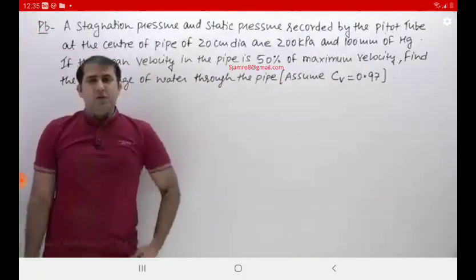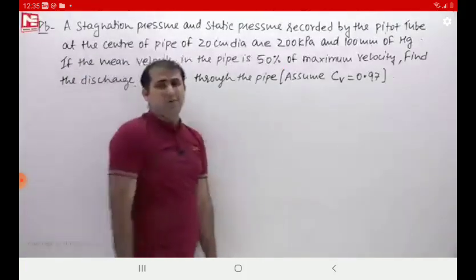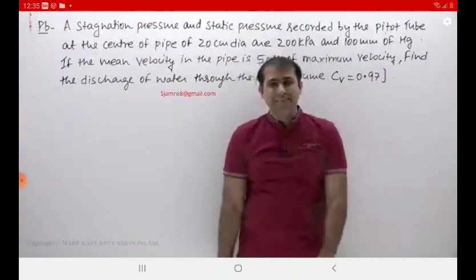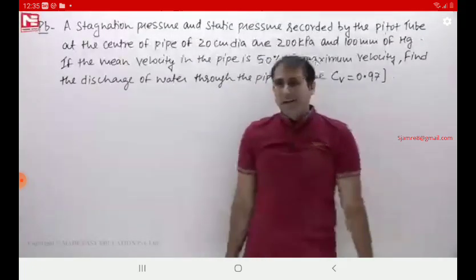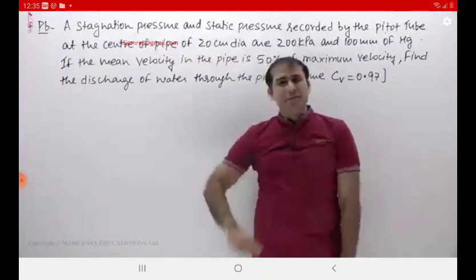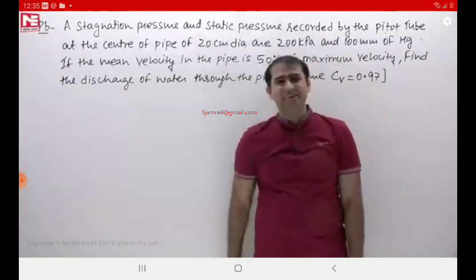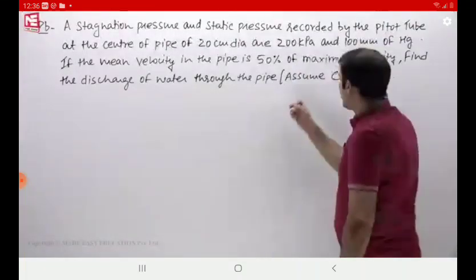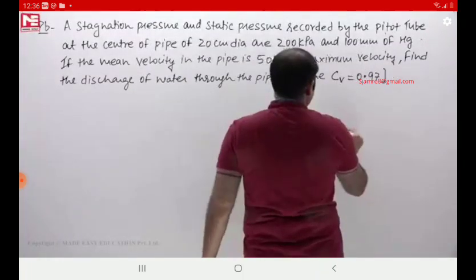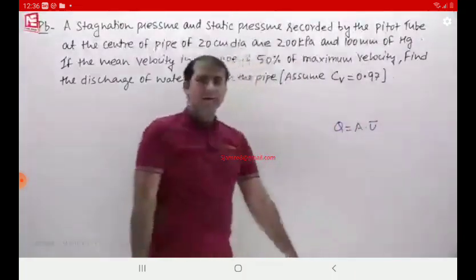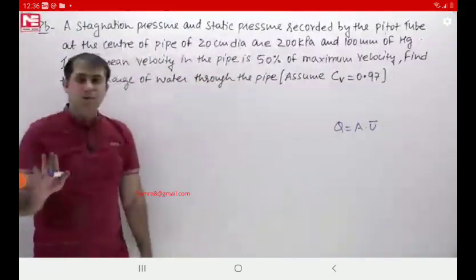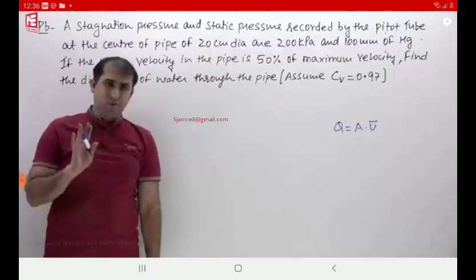माय डियर, प्रॉब्लम पढ़ के पता लग जाएगा कि केस इज कनेक्टेड टू हॉरिजॉन्टल पाइपलाइन. दैट्स व्हाई आई हैव गिवन यू योर टर्मिनोलॉजी. अब आप देख रहे हैं स्टैग्नेशन प्रेशर एंड स्टैटिक प्रेशर. पीजोमेट्रिक में बात नहीं हो रही. दैट मींस केस इज हॉरिजॉन्टल. हमें डिस्चार्ज की वैल्यू निकालनी है. डिस्चार्ज इज इक्वल टू एरिया मल्टीप्लाइड बाय मीन वेलोसिटी. और इन्होंने मीन वेलोसिटी दी है. दिस इज योर टाइम हियर. यू कैन पॉज योर वीडियो एंड अटेम्प्ट दिस प्रॉब्लम.